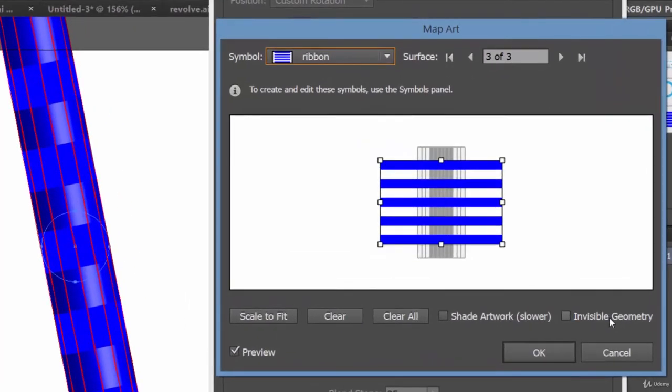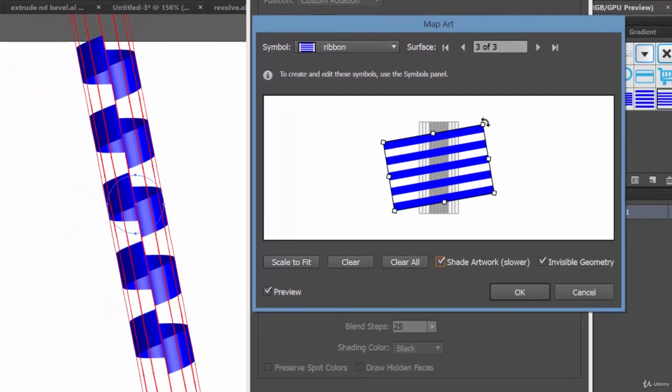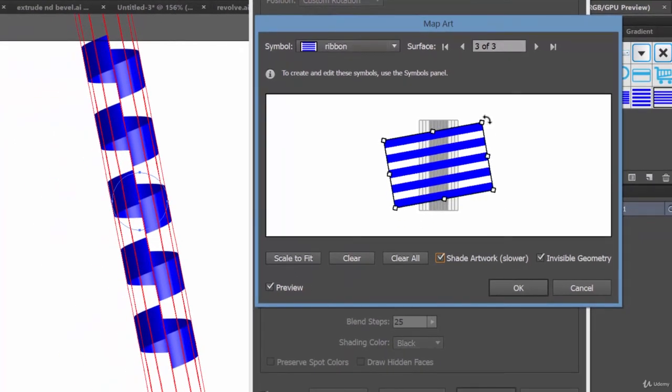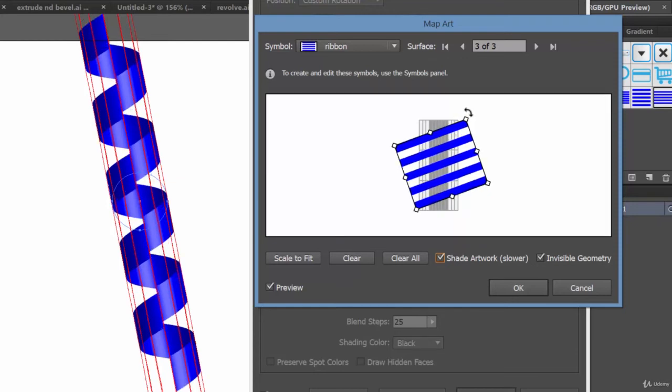Now let's click on Invisible Geometry and let's shade our artwork. And now we need to rotate it and see, it's already getting some effect, right? We need to rotate it very carefully.